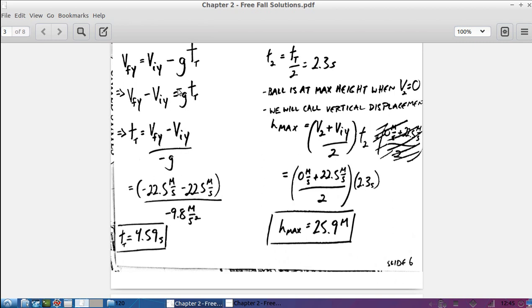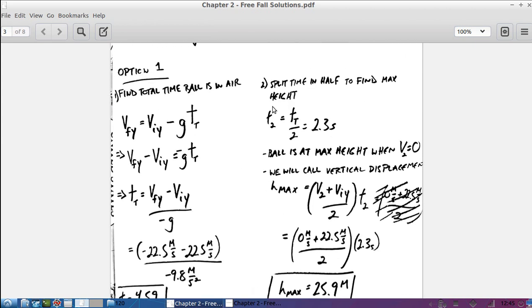So if you forget this negative sign, you'll get a negative sign in the top, positive sign on the bottom, and you'll get a negative time. So hopefully you'll be able to catch your mistake if you forget where that sign went. So I found total hang time first,